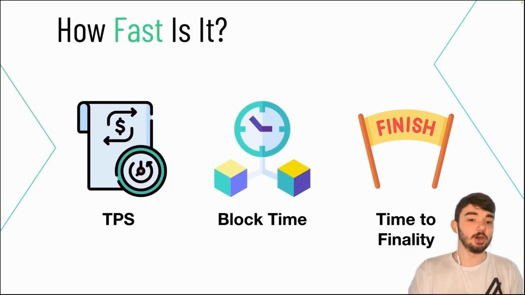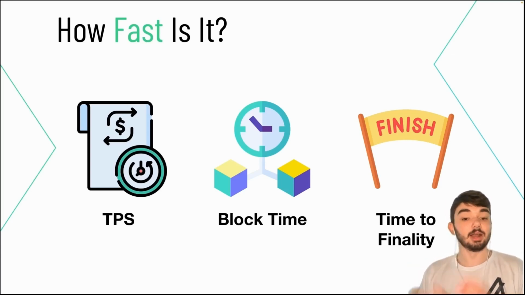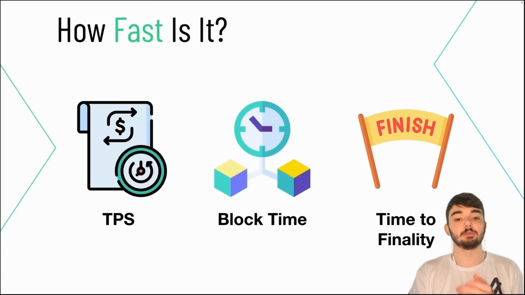It's good as a developer to know how much room you have to scale. Another really important thing for blockchains is block time. Block time means how long it takes for a block of transactions to get added to the network. So every time we transfer funds or call a contract or do something on chain, it has to get included in a block. So that thing doesn't happen to the rest of the world until they can see that block. So the time it takes for that block to get added to the chain is very important, because ultimately as developers, that's the time that we have to have our end users wait until we can tell them what actually happened. Then finally is the time to finality.